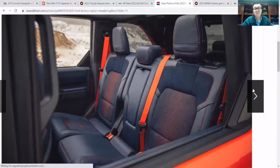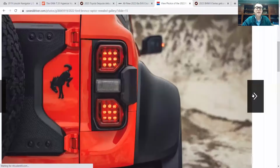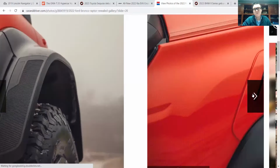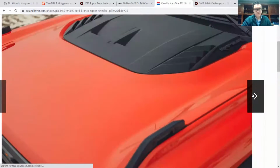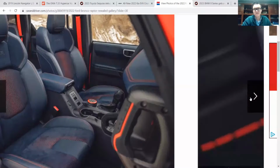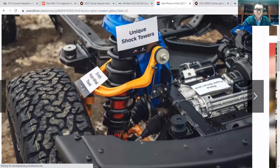It is expensive at 70 grand. I mean, that's Defender money, and Defender is just a much nicer place to be. However, I would not want to take my Defender off-roading in a desert going 70 miles an hour. But that's what this is made for, and it's cool. I mean, it's pretty freaking cool. I wouldn't buy one, but I totally get it. I understand why people would want this, and I understand why people would pay money for this. So yeah, that is the Bronco Raptor, and then we're gonna wrap this up